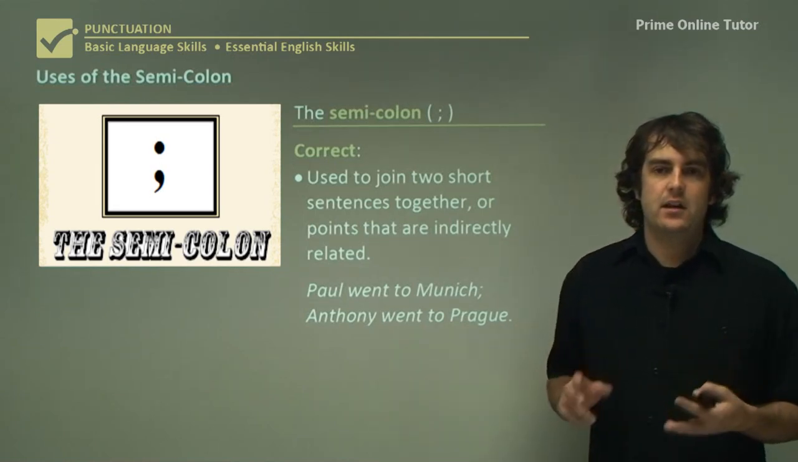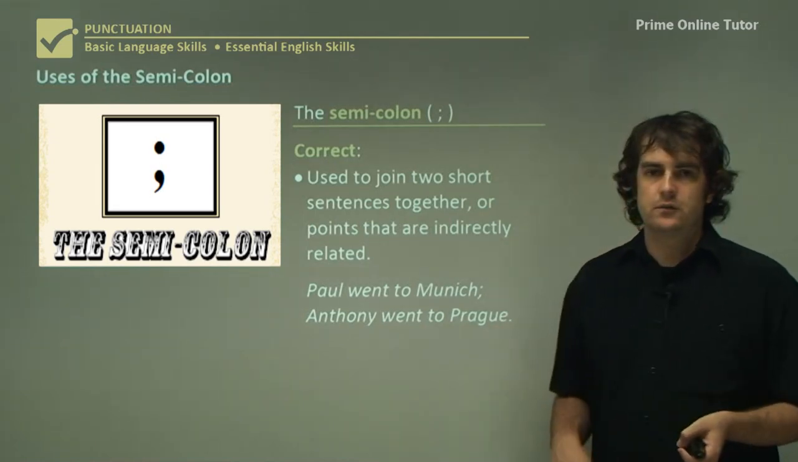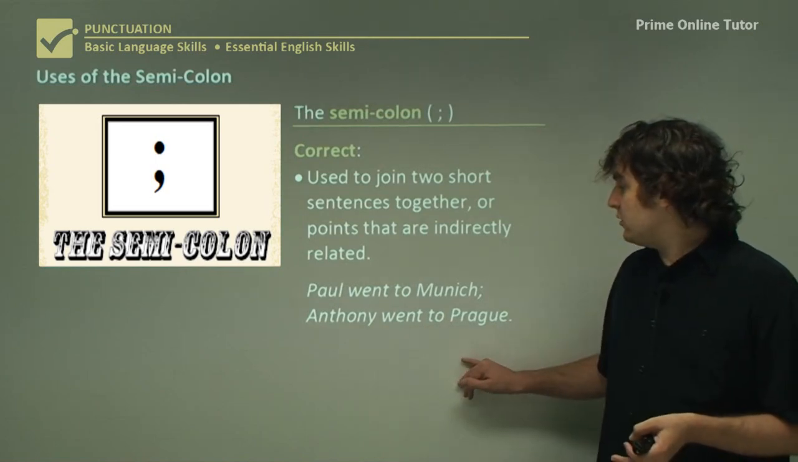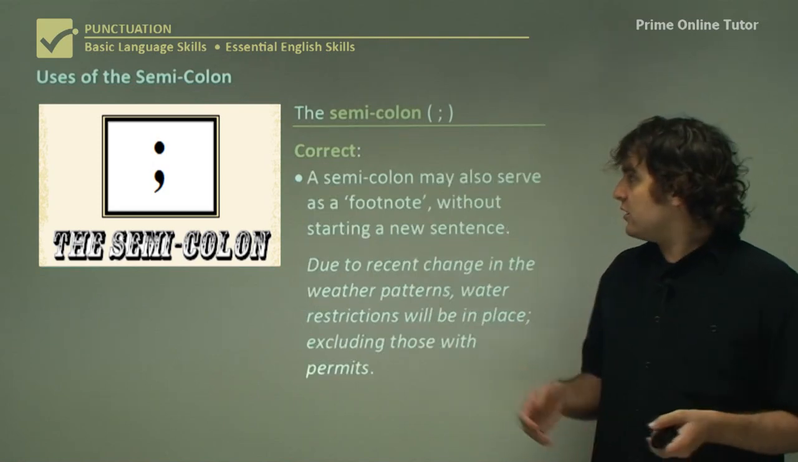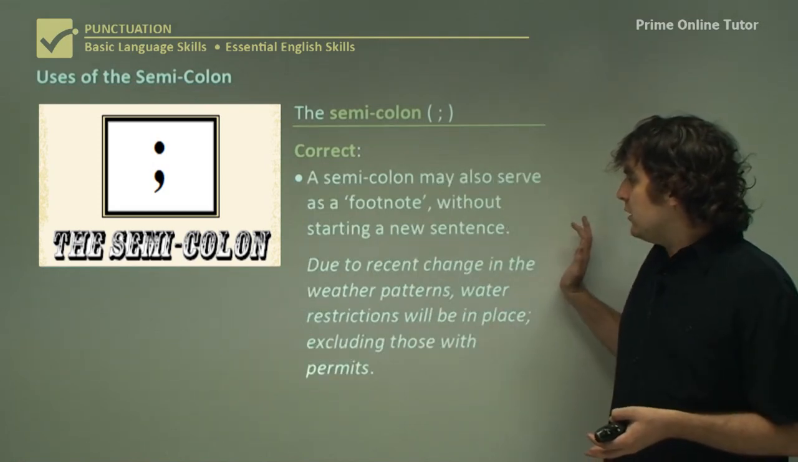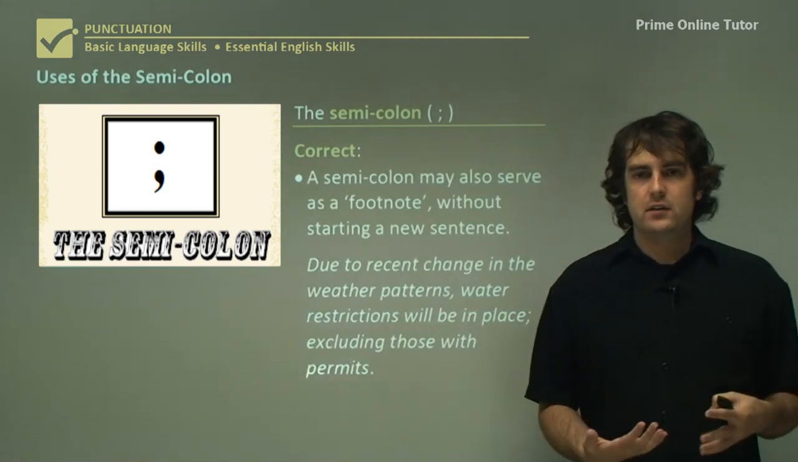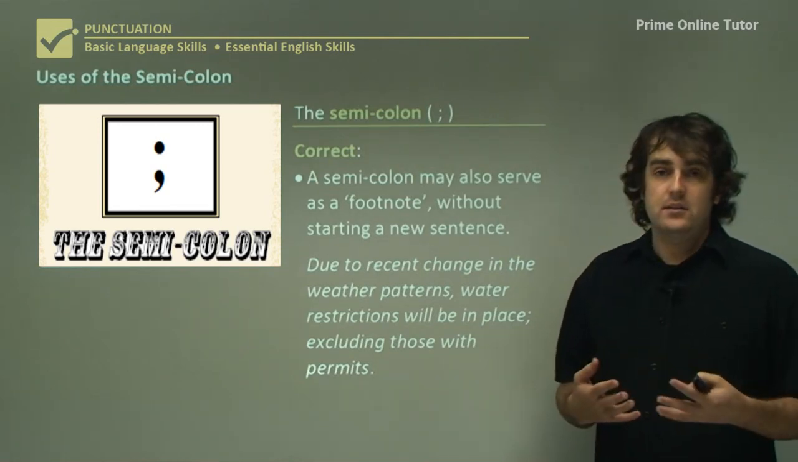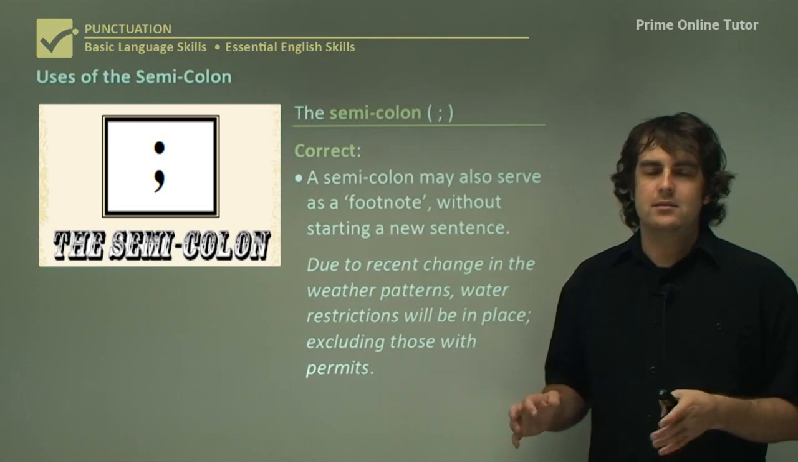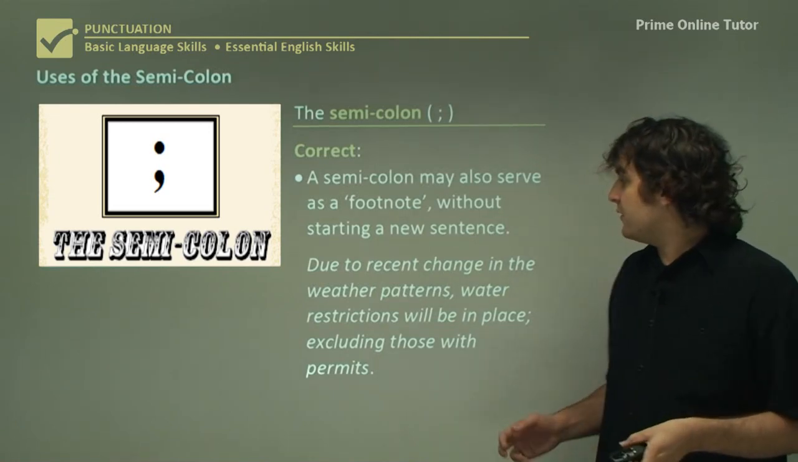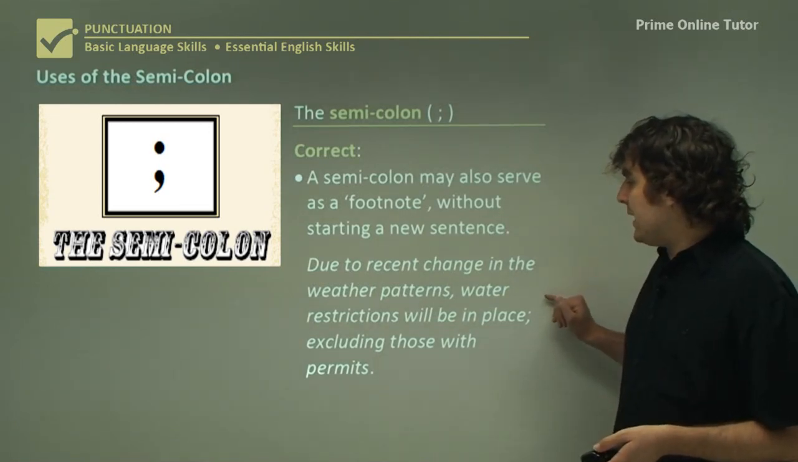But because we don't really want to start a whole new sentence for the second one, what we do is we basically put a semicolon in there. You may also use it as something like a footnote, which adds to a previous sentence without having to start a new one, and without having to put an extra mark to say read here or see this. So for instance, due to recent change in weather patterns, water restrictions will be in place;